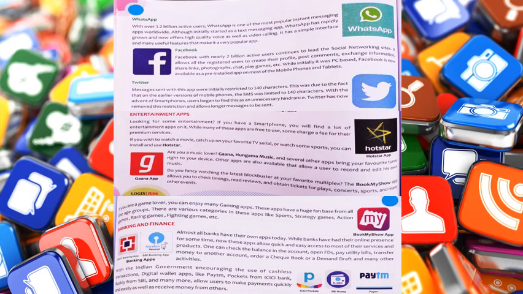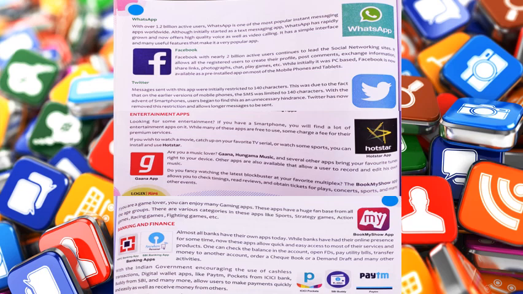There are some entertainment apps also, which we can download onto our smartphone. One very popular app is Hotstar, through which we can catch up with our favorite TV serials, watch some sports or movies, etc. Another app is Gaana, Hungama is there, through which you can listen to your favorite music anytime and anywhere around the globe.